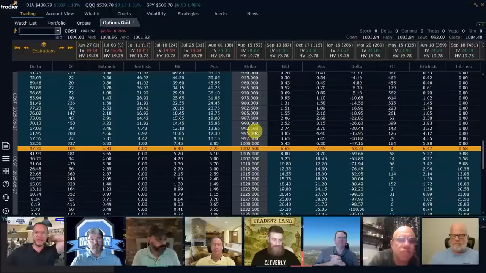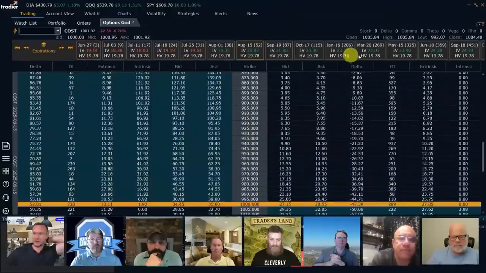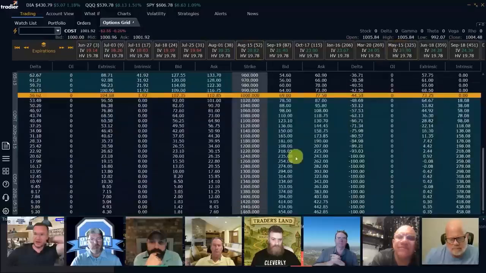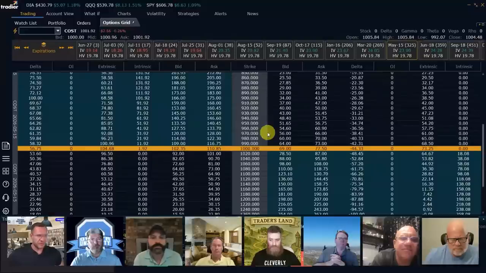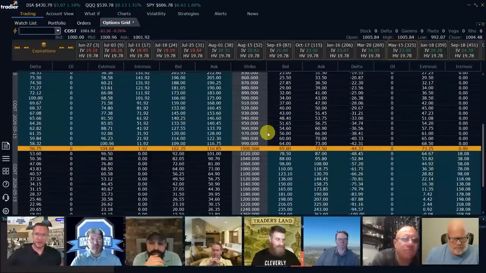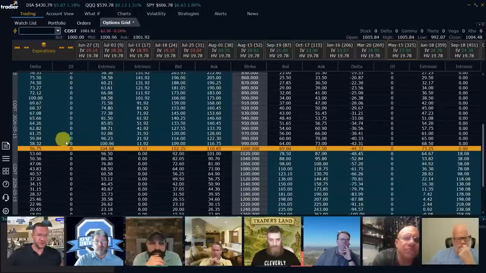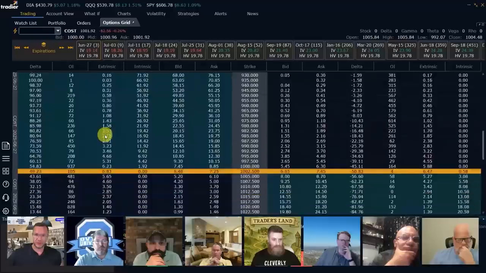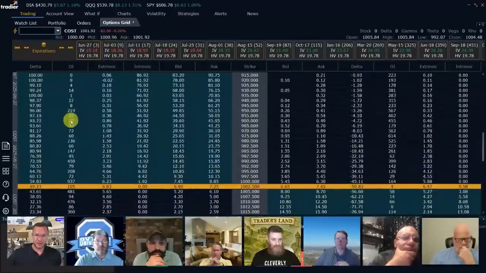Okay, to that point, these are wide strikes, right? This is $2.50 wide. If I go out to August 15th, this is going to be $5 wide. If I go out to May next year, they are $20 wide, right? First off, you can absolutely apply everything if a stock has $1 wide option strikes or $20 wide option strikes, right? You're still looking for enough liquidity. Look at this, there is no open interest in here, right? There's nobody who wants to trade this right now. Versus if we go to June 27th, closer to the money, lots of open interest here, right?